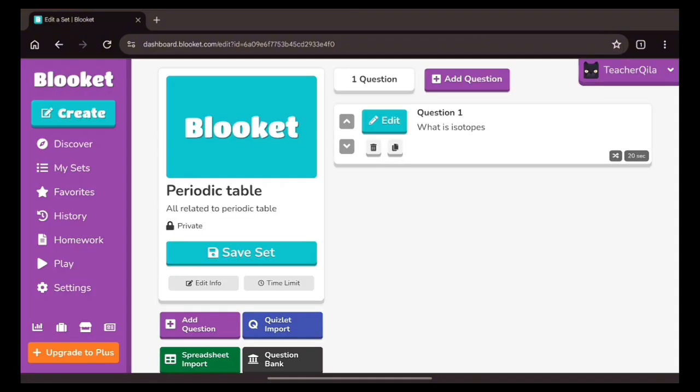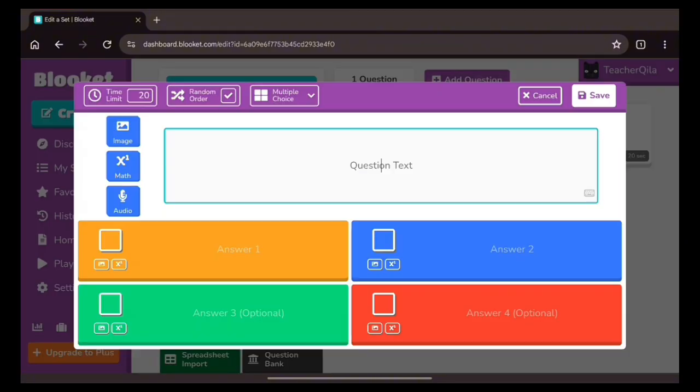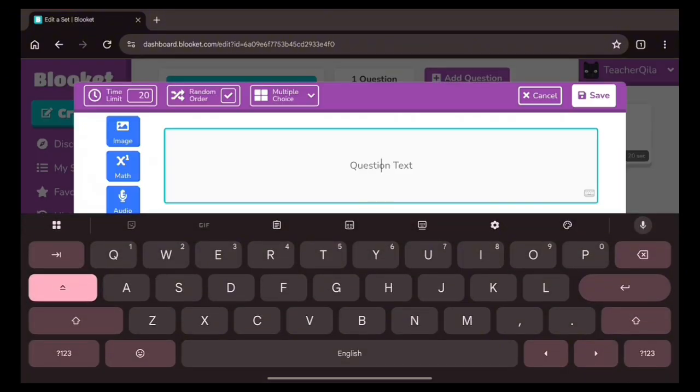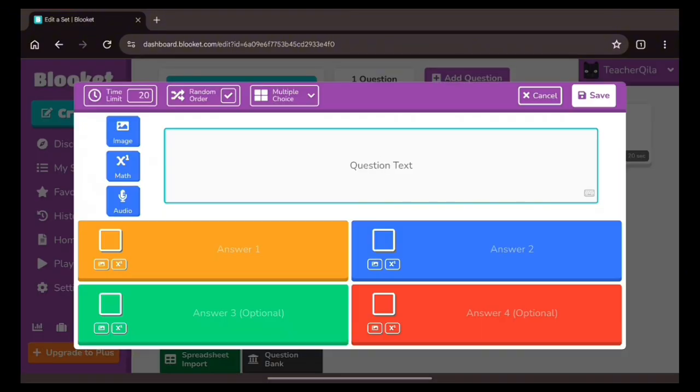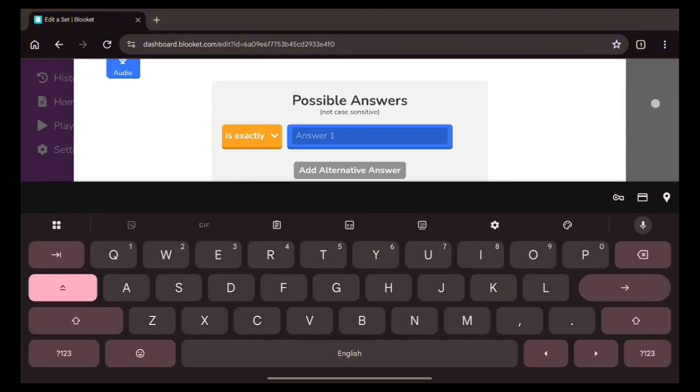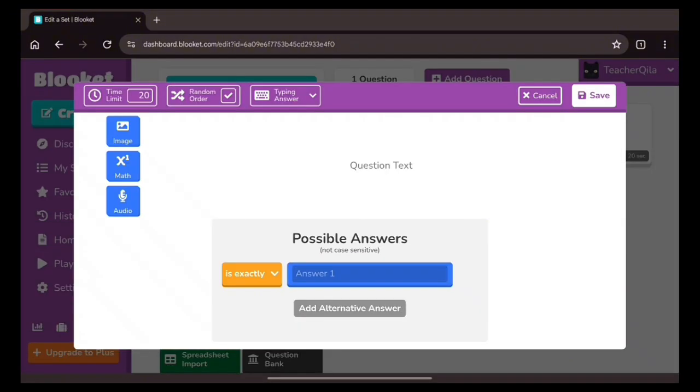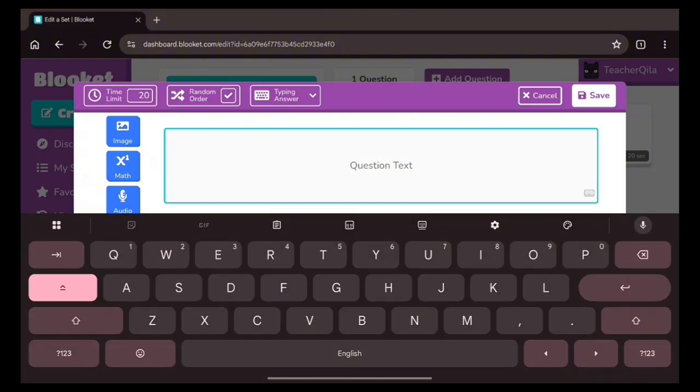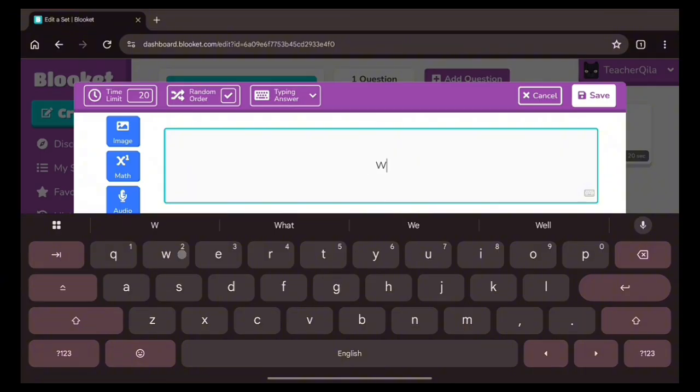And not just that, you can also add other questions. Maybe you want to give another type of question, so you need to click multiple choice. As you guys can see, there is another question type, such as typing questions. So basically, this is about the question text. Same as the first question, I want to give, like, what is isotope, and for the answers, you don't